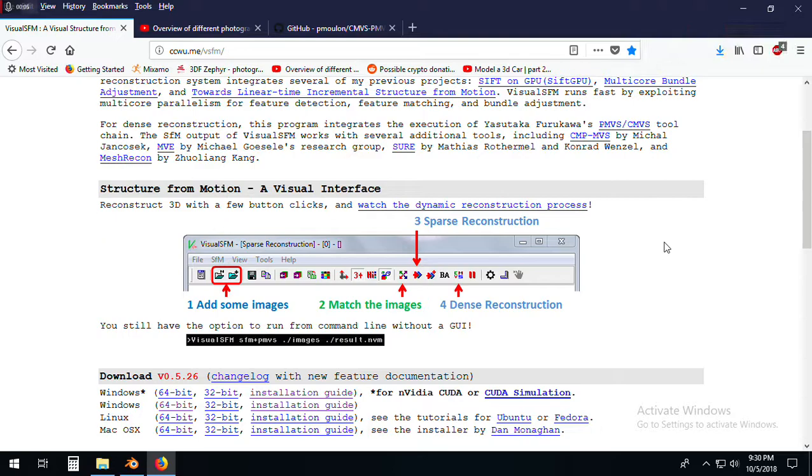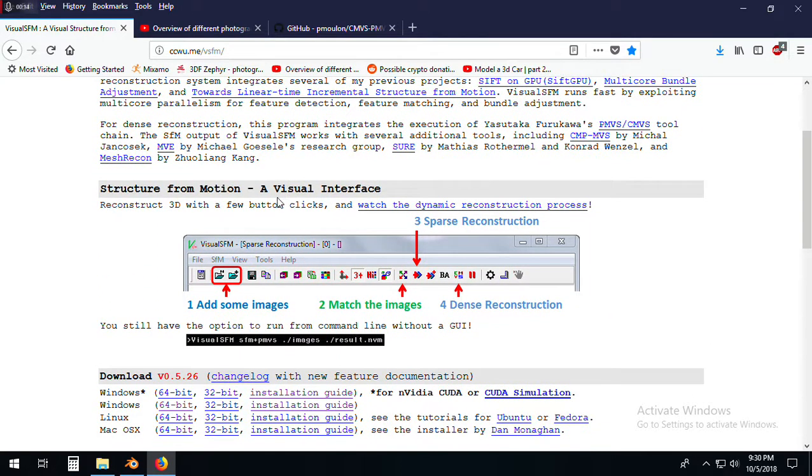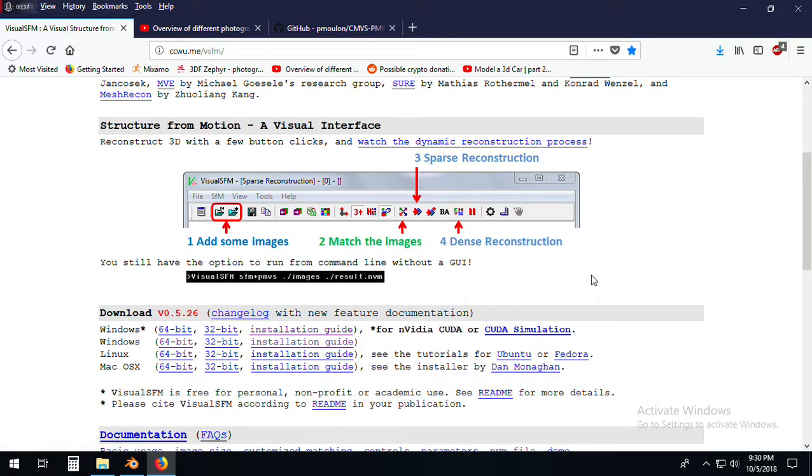Alright, this is for those who are trying to get Visual SFM to work, and you keep having the error at the end when you try to do the dense mesh. It keeps having an error about CMVS, not the command not working or something like that. I forget what it says, but if you get that error, which is when you press this button here,